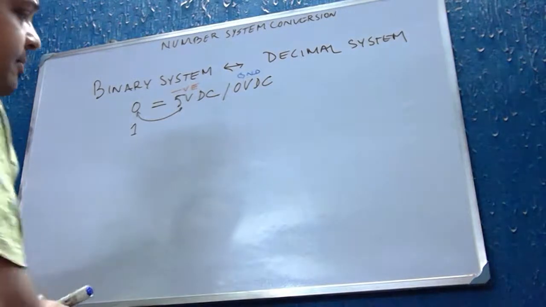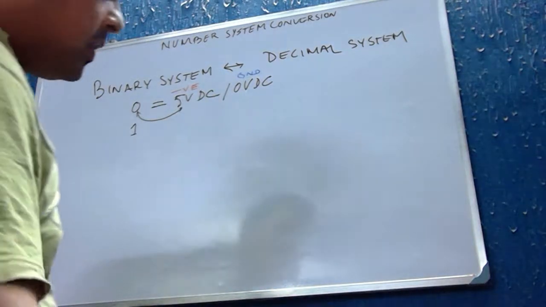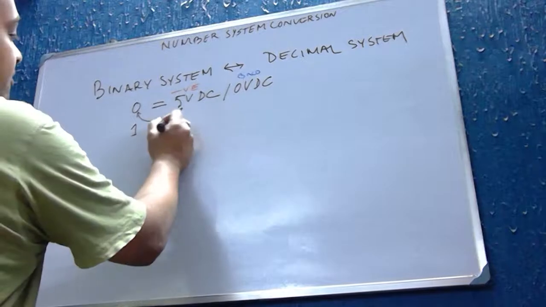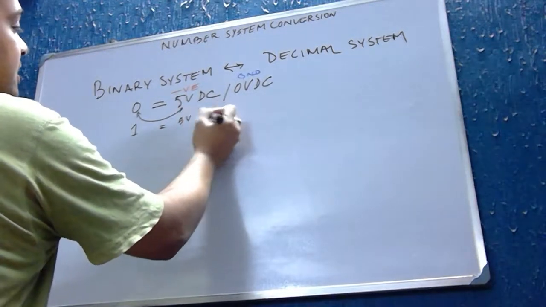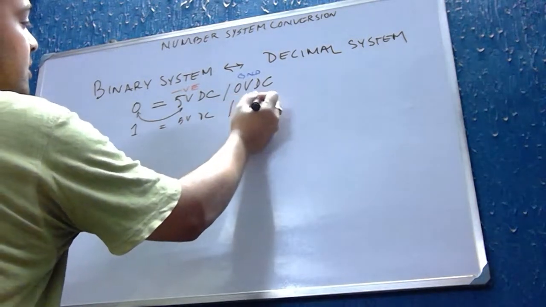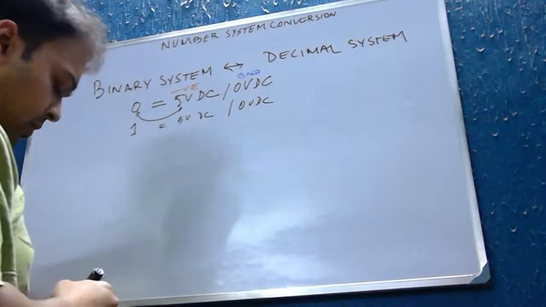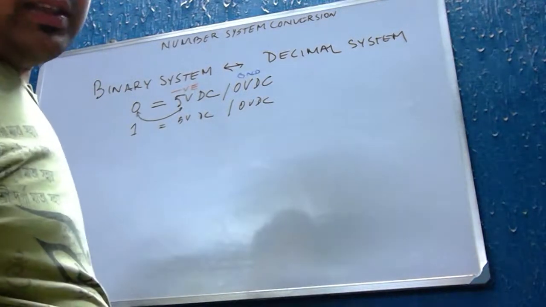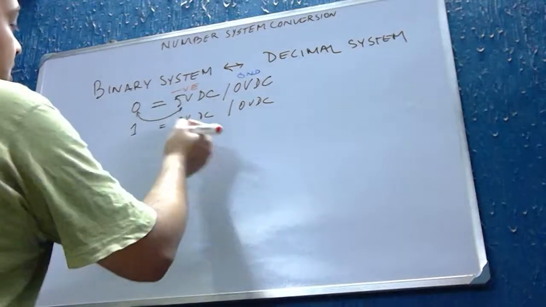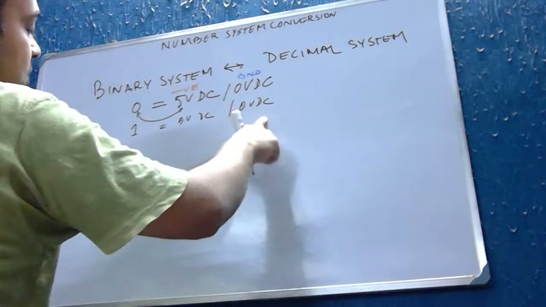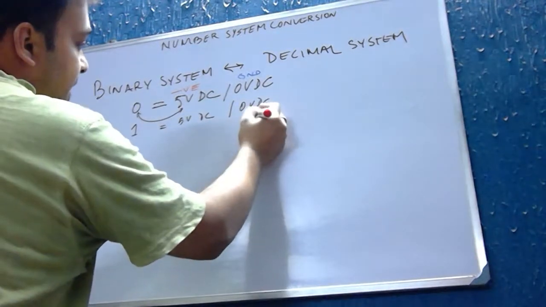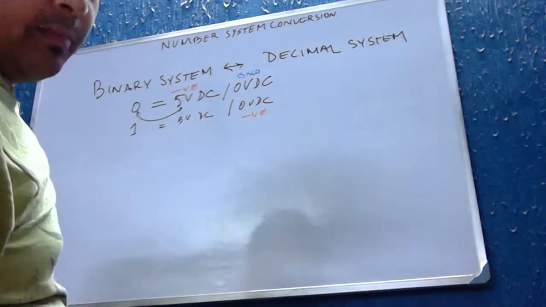You must have heard of it. Now what is this one for? One is for a 5 volt DC or a 0 volt DC. Then the logic level just simply reverses, because 1 equals 0 volt DC will be a negative logic level,